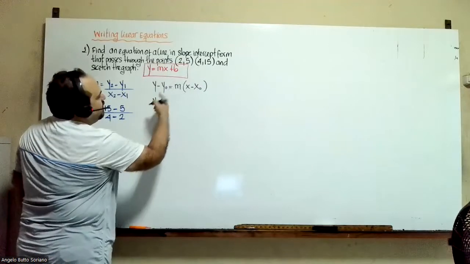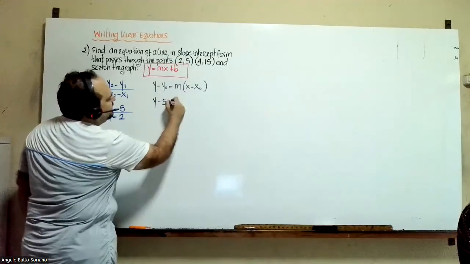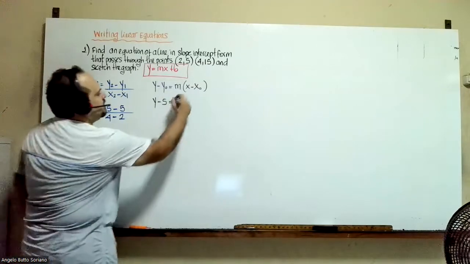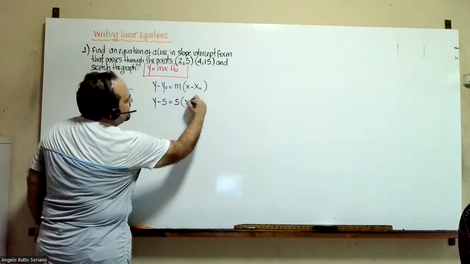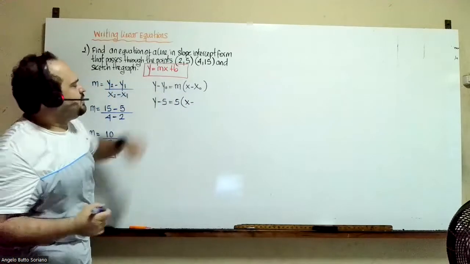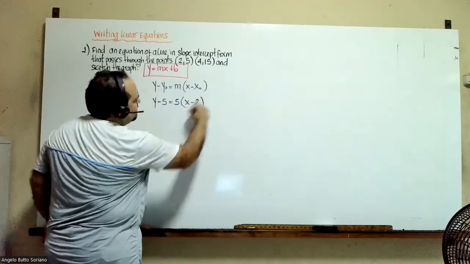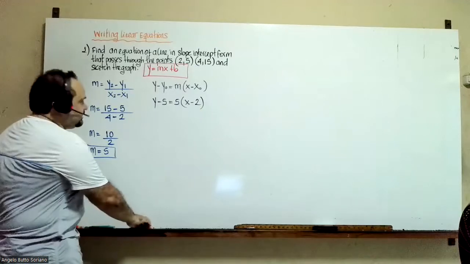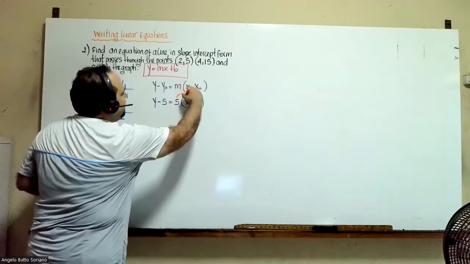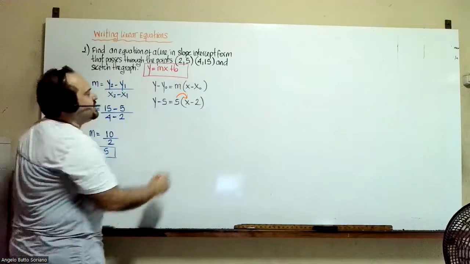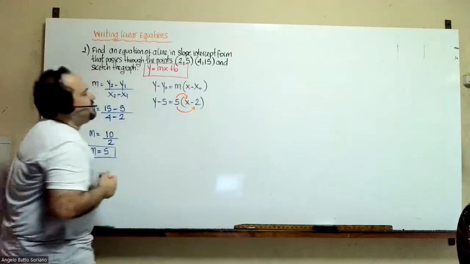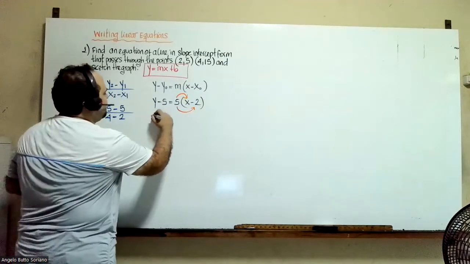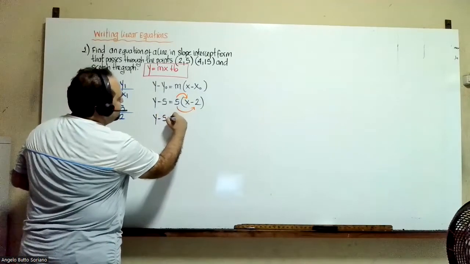So let's see. y minus y sub 0, which will be the number 5, equals the value of m. It's 5 also. Parentheses x minus x sub 0, which will be the number 2. What are we going to do? Well, let's apply the distributive property. I mean 5 multiplied by x, and at the same time 5 multiplied by -2. So applying the distributive property, it will be given by y minus 5 equals